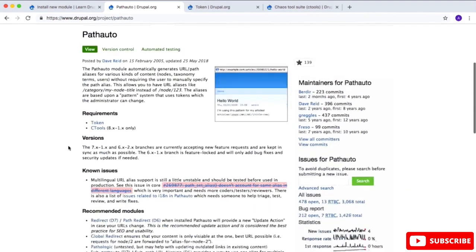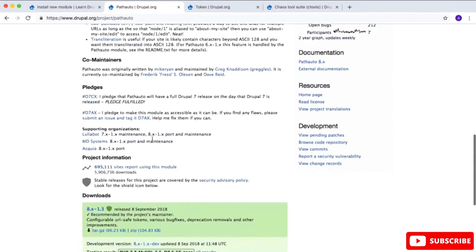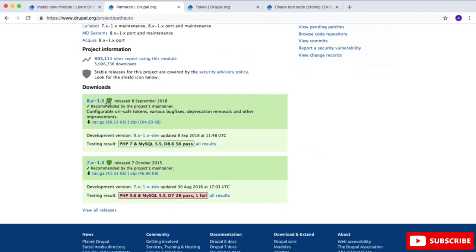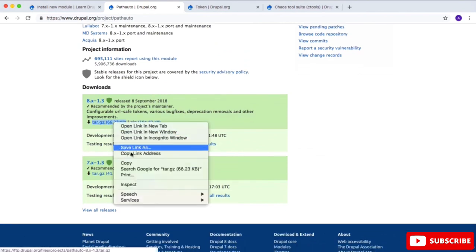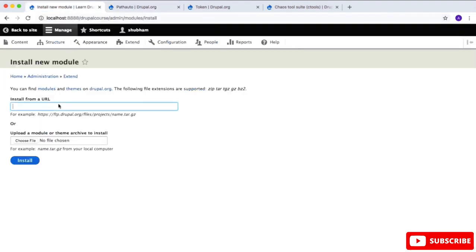Now I will scroll down, and if you want to read about this module, then you can read this right here. But I will scroll down to the download section and I will copy the URL of the latest version. So just copy link address and I will go to my install new module page and I will paste the URL right here.